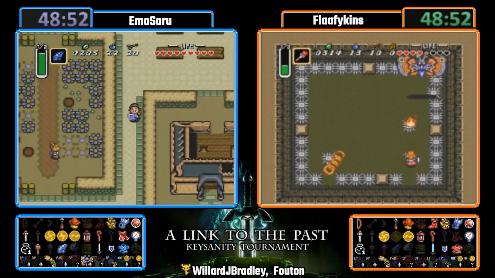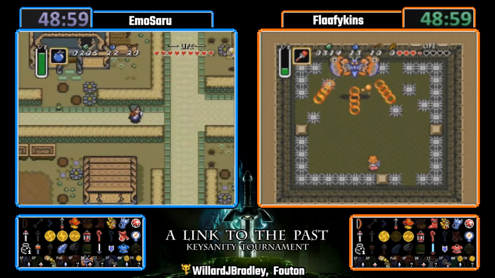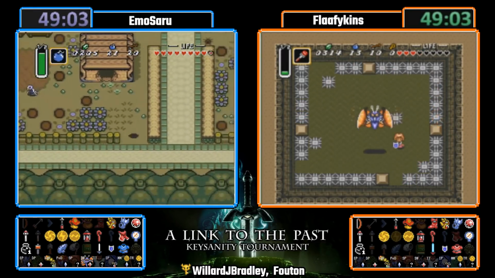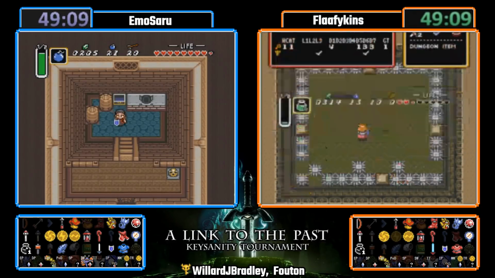So with that small key there, how many Turtle Rock keys does that bring Emo to? That would be her third. Okay. So that's the ability to full clear minus the middle chest. Yeah, and without Ice Rod, you're probably going to that middle chest, but